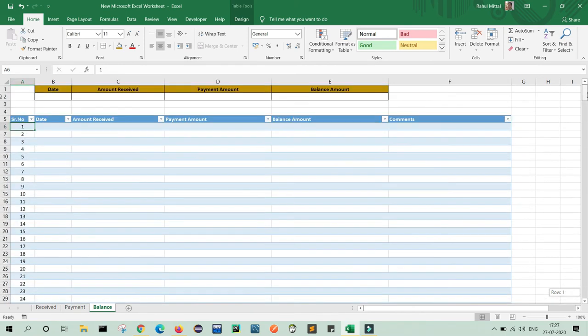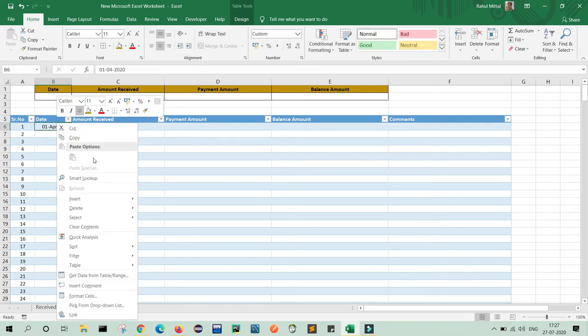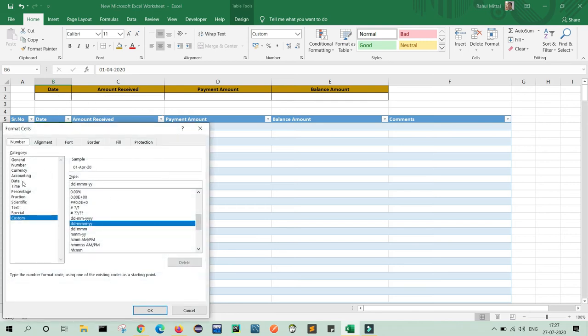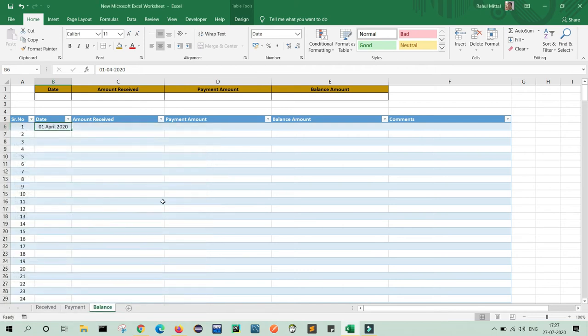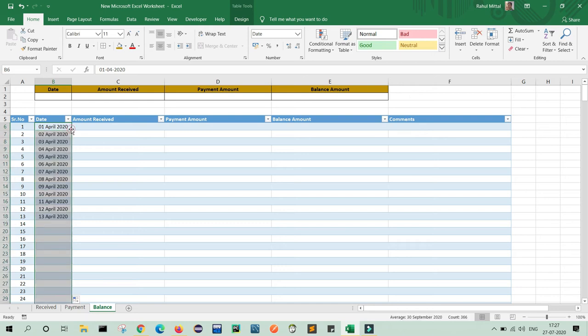Now here we will provide date. So what will we do? We will write 01 April 2020, format cell as date, select this column, and just double click.